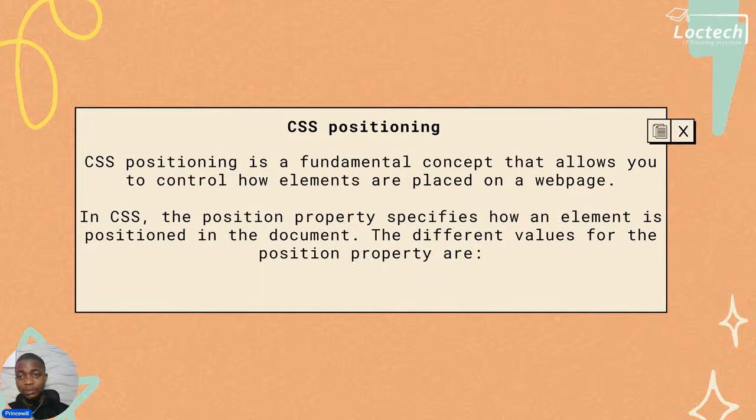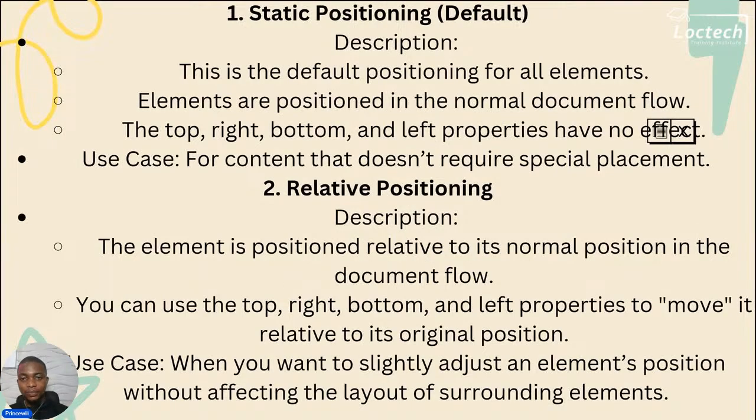CSS positioning is a fundamental concept that allows you to control how elements are placed on a web page. In CSS, the position property specifies how an element is positioned in the document. The different values for the position property are static positioning, right? So in CSS positioning, we have different types of positioning tools that you can use within the CSS language, and one of them you see right here is called static